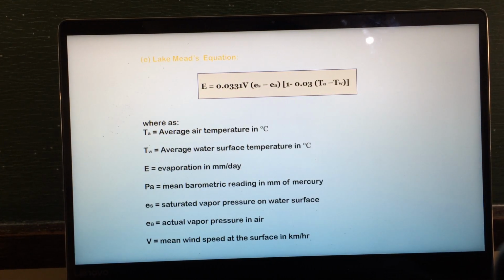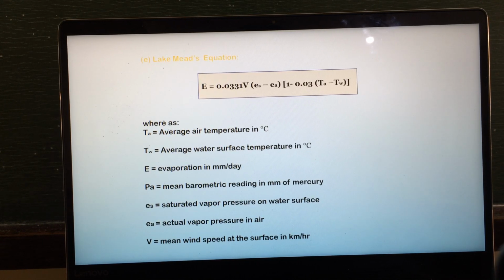Last equation, which is the Lake Mead's equation. Lake Mead's equation with the formula of E is equals to 0.0331 times V times the quantity of E sub S minus E sub A times the quantity of 1 minus 0.03 times the quantity of T sub A minus T sub W,